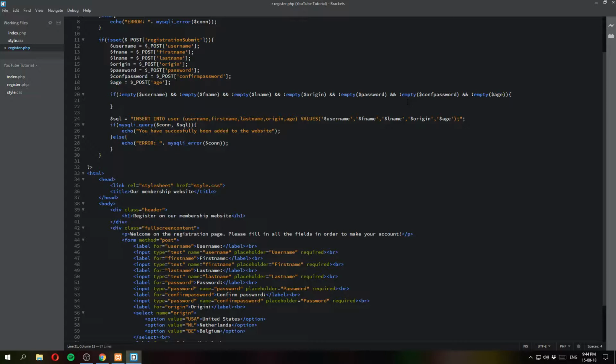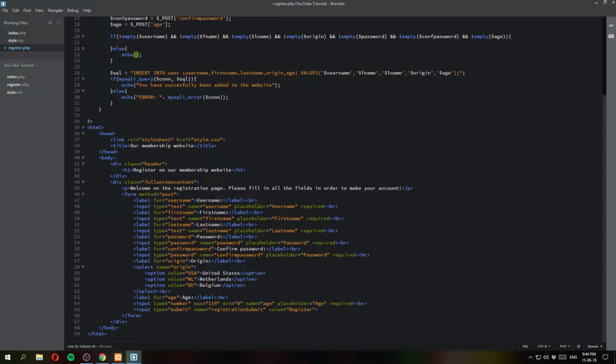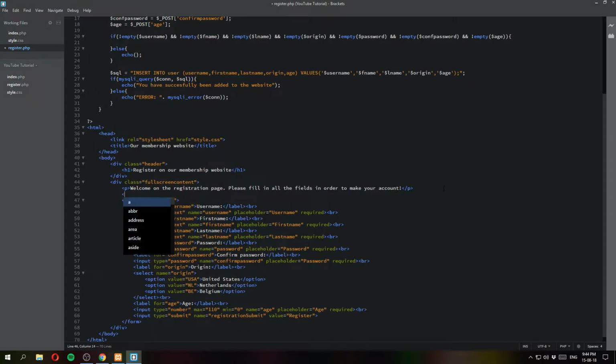So if it is not empty, then we will do this, and otherwise we will say something like error, not all the fields are filled in. Well, okay, let's be a bit more fancy and create a proper error message. This is not necessary, but this just looks better. So we are going to add some PHP inside of our HTML. So open and close the PHP tag, and now